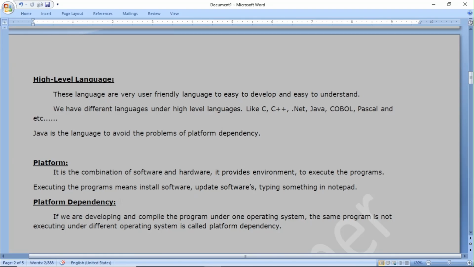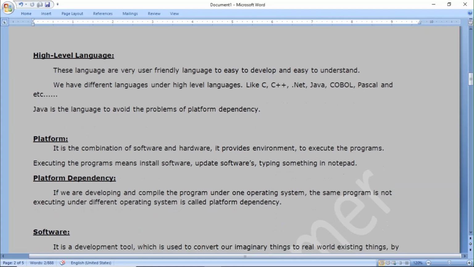If we make a program in Windows, then it supports only Windows. We can't run that program on another platform like Linux and other Unix platforms. But when we talk about platform independent, we can easily run it on every operating system, like Linux, Mac, Windows. Java is platform independent.